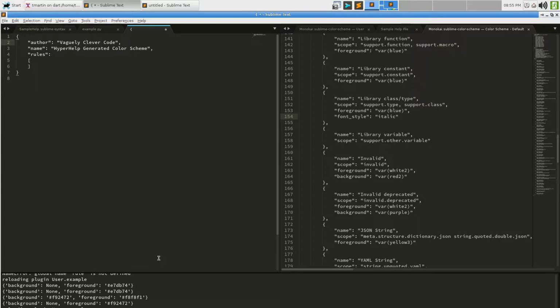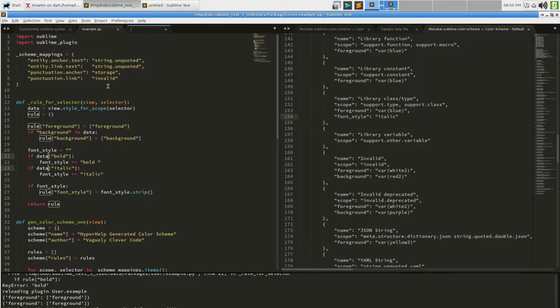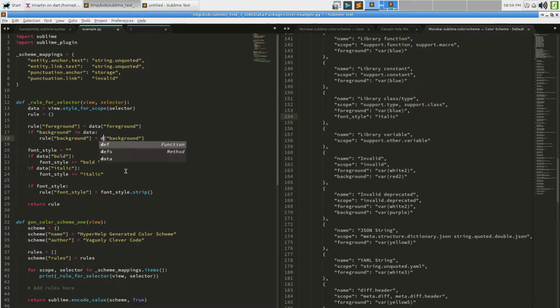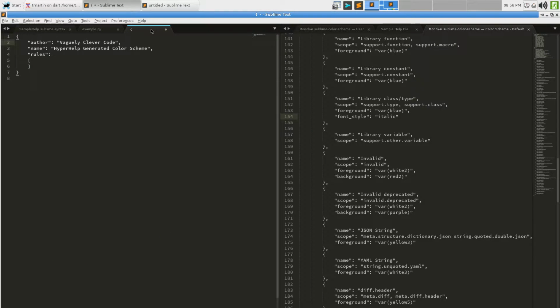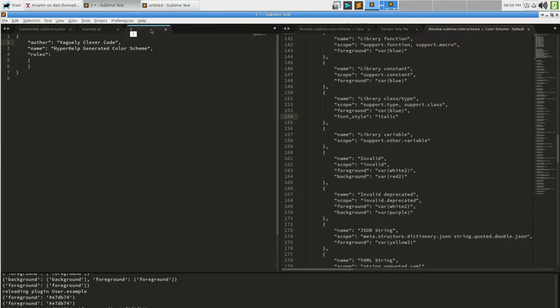Now what? Now we can see it. Woo! Messed something up hardcore there. Foreground is the list foreground. What have I done? Oh, because I made that too clever. Lord. Okay, do it over here. Now there's a foreground, there's a foreground, there's a foreground, and a background or a foreground. So all of those are working.